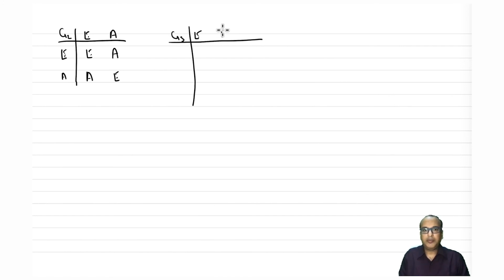So E A B, E A B. Now the first row will be the same as E A B because it is multiplied by E, and similarly this column will be E A B. Now we have to write here what is the product of A A, and this will be B A, this will be A B, and this will be B B.